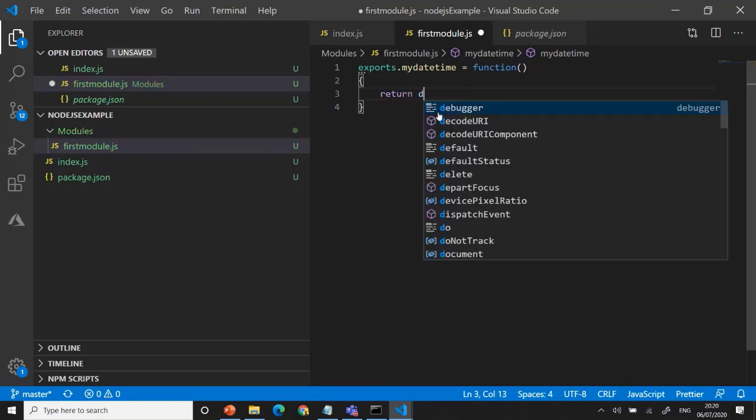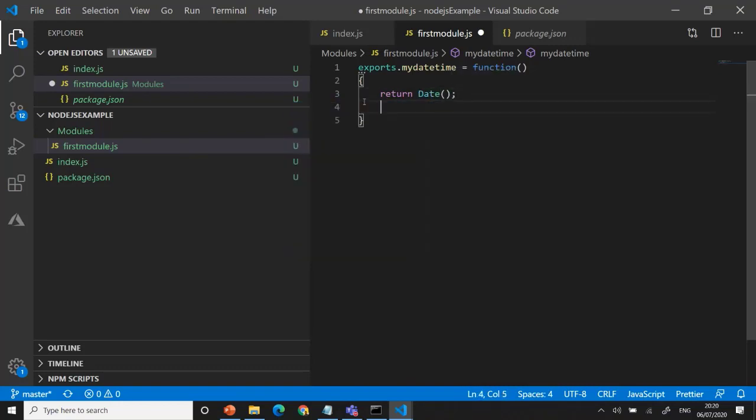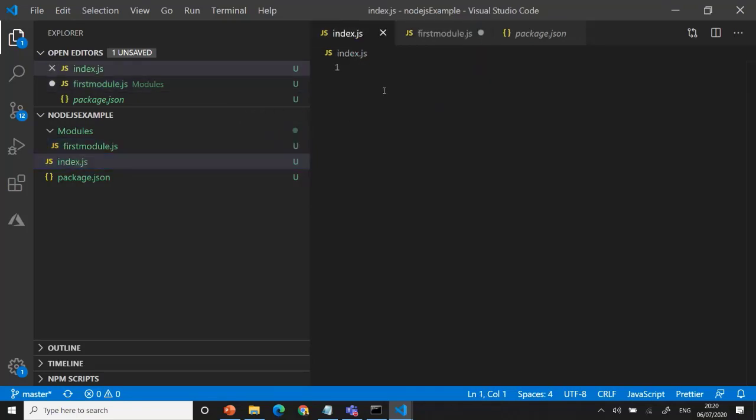Because of time constraints, I'll use a simple example. It will return only one value. Whenever I refer to modules in our application, we use require. For example, var dt, because it's JavaScript, not TypeScript, right? require.